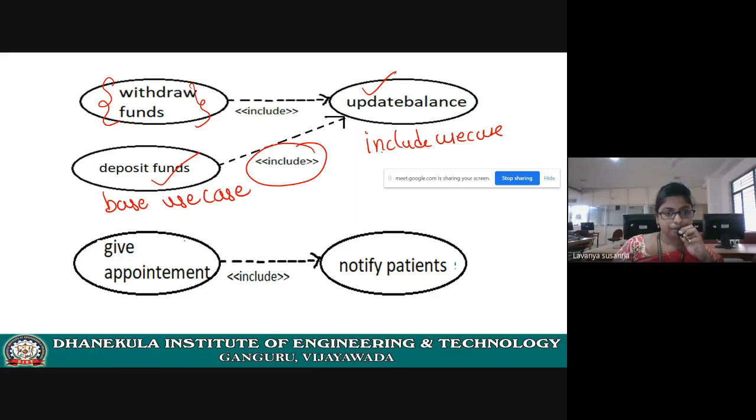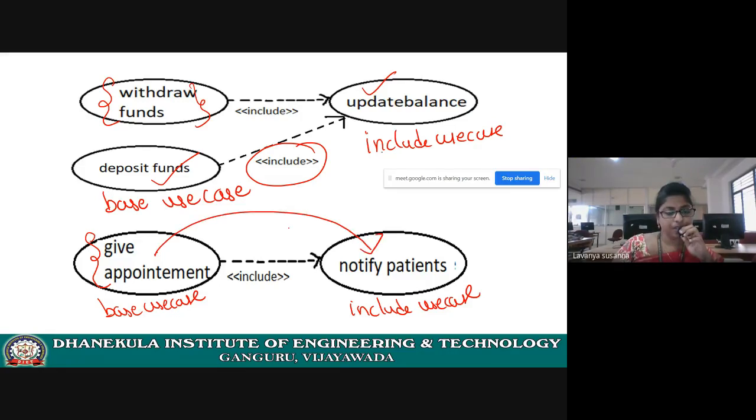Next example, give appointment. Give appointment is a base use case, right? And this is an include use case. In order to execute the give appointment use case, the base use case must use another use case. What is that other use case functionality?